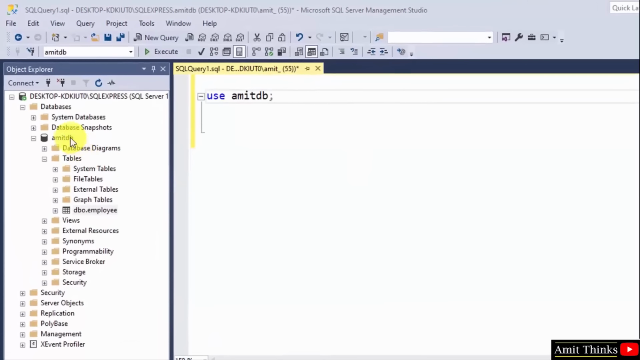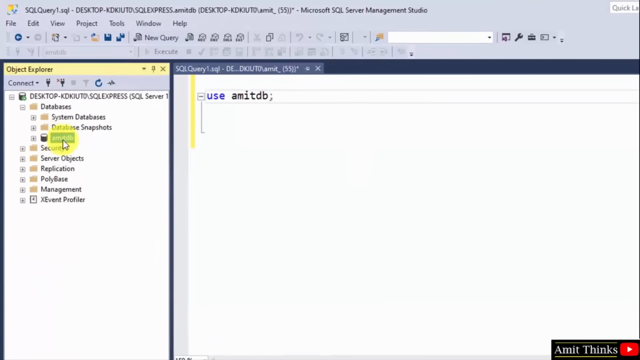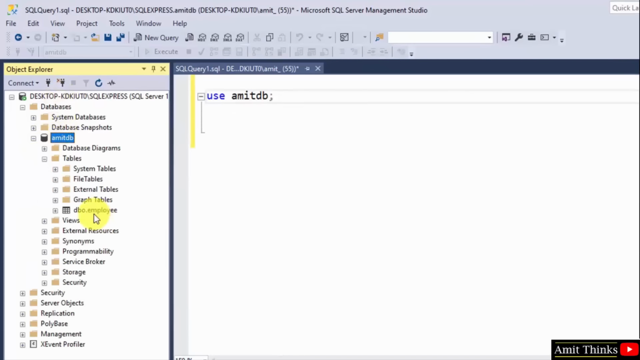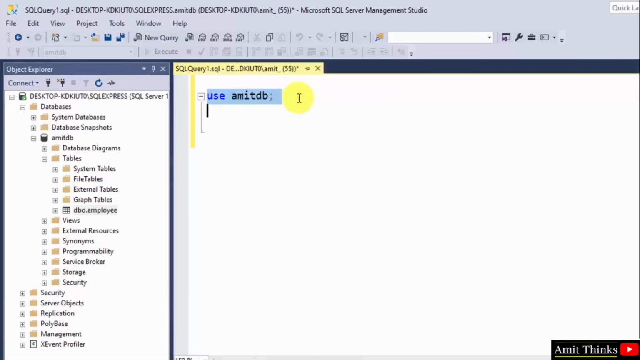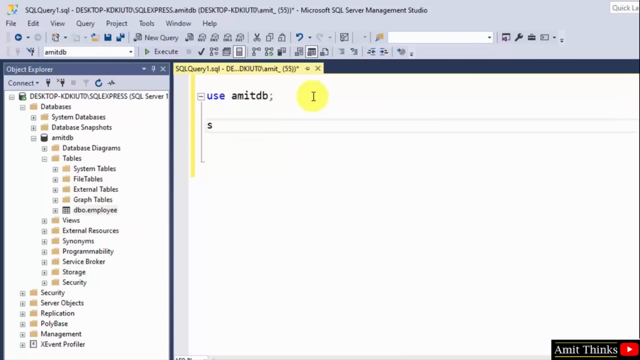Herein we have AmitDB database. You can see here our database, under database is AmitDB. Under that we have employee table. So we have entered the AmitDB database using use AmitDB, use space database name. Now what we want guys, we want to display all the records of the employee table. For that, type the command